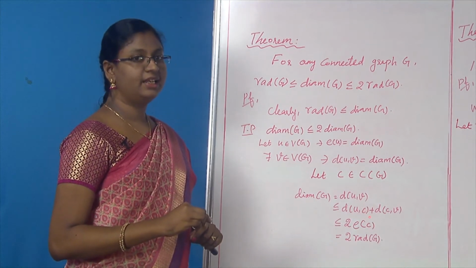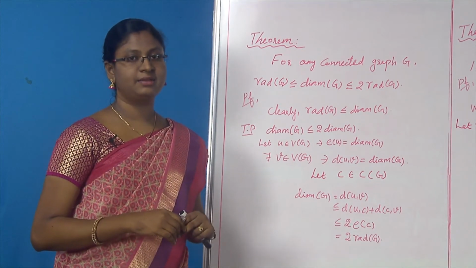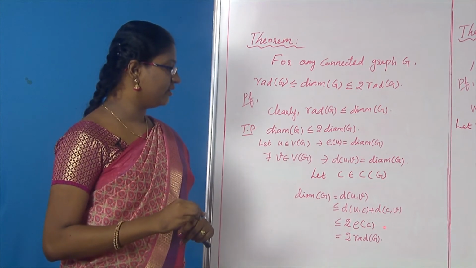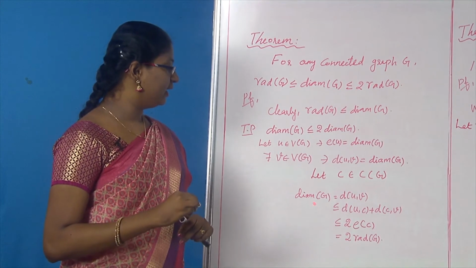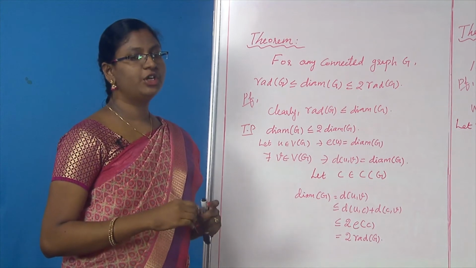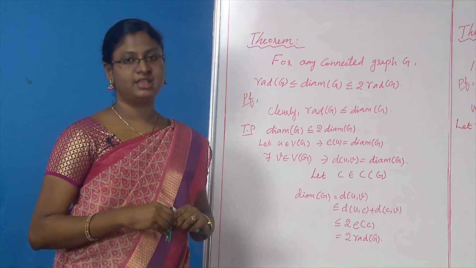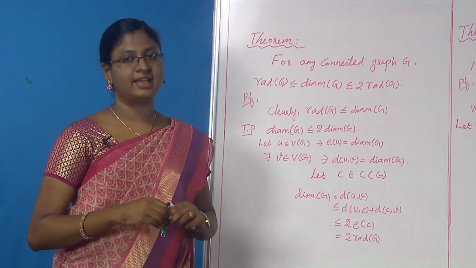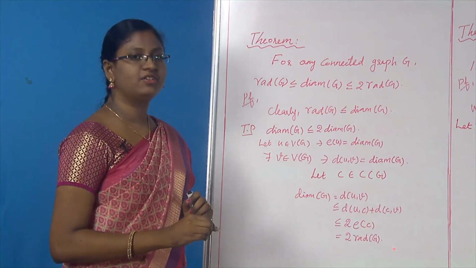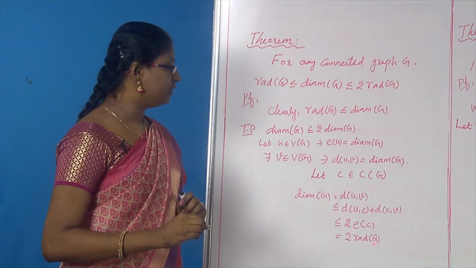So, consider this. What about distance between u and c? That will be less than or equal to eccentricity of c, because when you consider eccentricity, you consider the maximum distance, right. So, that is less than or equal to eccentricity of c plus eccentricity of c, and we get diameter of G less than or equal to 2 times eccentricity of c. And what do you know about c? c is the center. That means eccentricity of c is equal to radius of G, as c belongs to center of G. So, instead of eccentricity of c, I am going to write radius of G. That tells me diameter of G is less than or equal to 2 times radius of G.